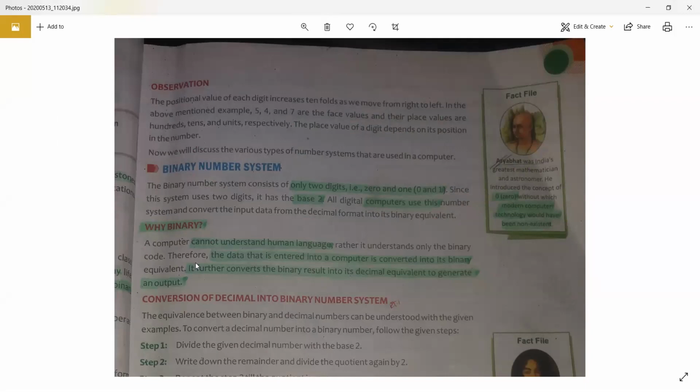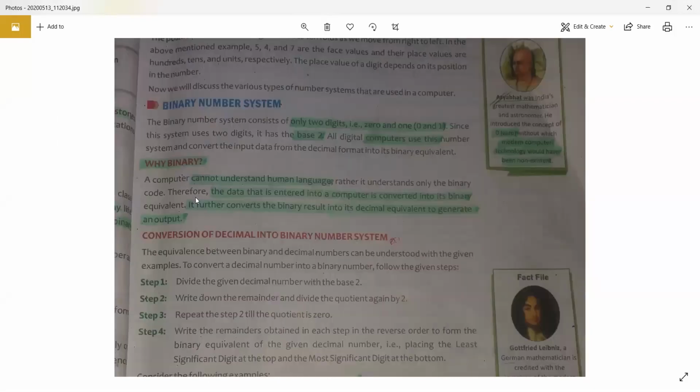All right. So next is the binary number system. Binary means two. As I told you before also, in this number system, the base is going to be two. Now, which two digits will be included in this? It will be 0 and 1. So any combination of 0 and 1 will be a binary number.